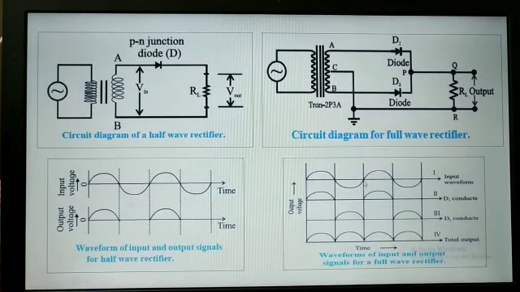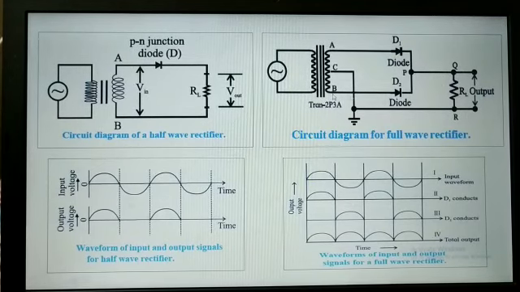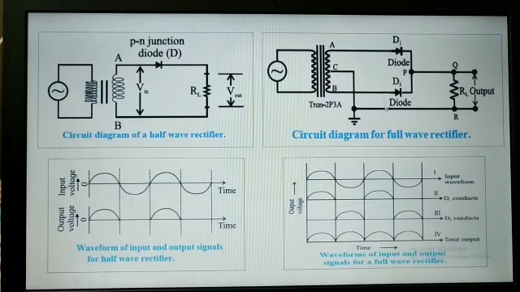Now for the negative half cycle, what happens is point B becomes positive and A becomes negative. So this is positive. Let's take diode D2 first. This is also positive, positive, and this is negative. This point is also negative. So this diode D2 is in forward bias condition. And when we go to diode D1, this is negative, this is now positive, this is positive, this is negative. So this D1 is in reverse bias condition. Okay, so D1 will not come into the picture, it will not conduct. D2 will conduct. So at this point, B, D2, P, Q, R and C will complete the circuit and we will get output across load resistance RL.